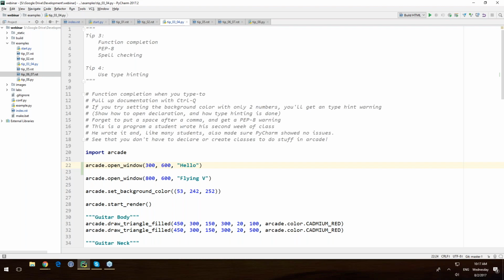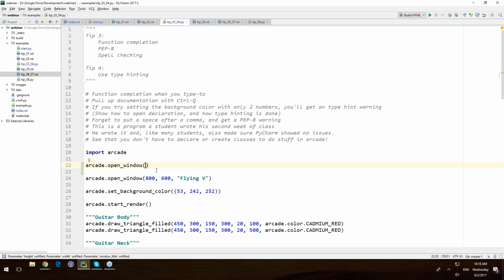I was actually really surprised to see how many of my students turned in programs that were completely PEP8 compliant or really nearly PEP8 compliant. I thought I would get maybe 25% of the students, but actually about 80% of the students would really work to try to get rid of most of the PEP8 pop-up warnings that happened. So that aspect was really nice in putting together the programs.